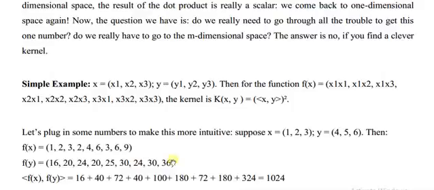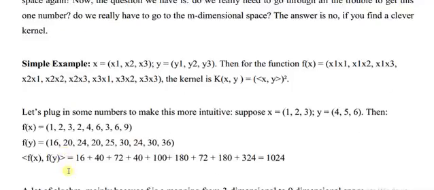Now we have f of x and f of y. Our next job is to find the dot product of f of x and f of y. What is the dot product? It is nothing but the multiplication of the individual values. We multiply each of the values and add all the resulting values. 16 into 1 is 16, 20 into 2 is 40, 24 into 3 is 72,